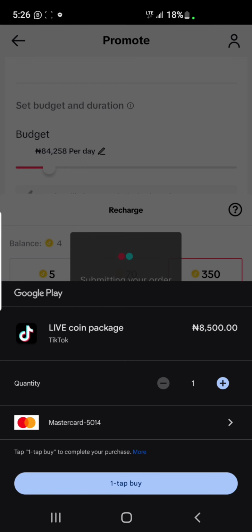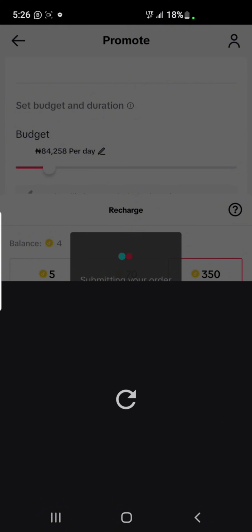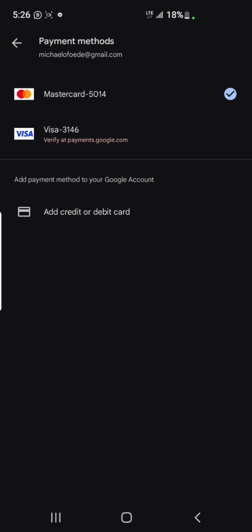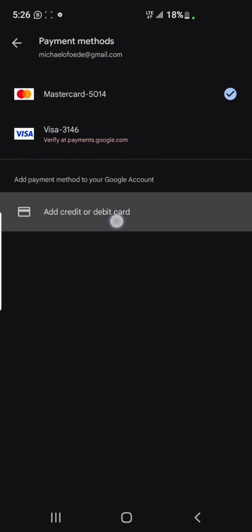So for you that haven't had your card before, if you come to this particular place, it will show you to add card. For example, now if I want to add my card, I can click here. Then this is where to add card. If it takes you to somewhere like this, all you need to do is to click on add credit or debit card. You click on